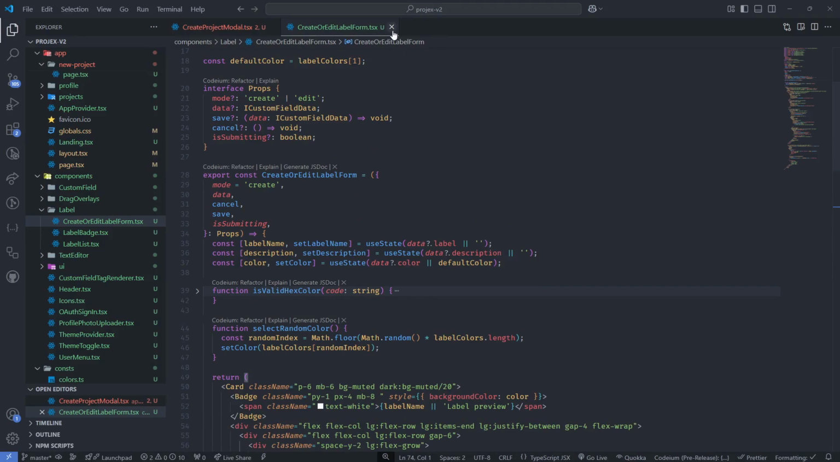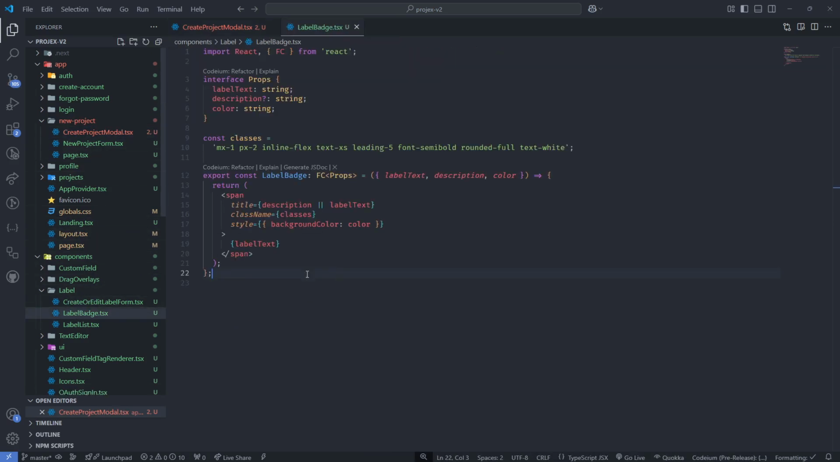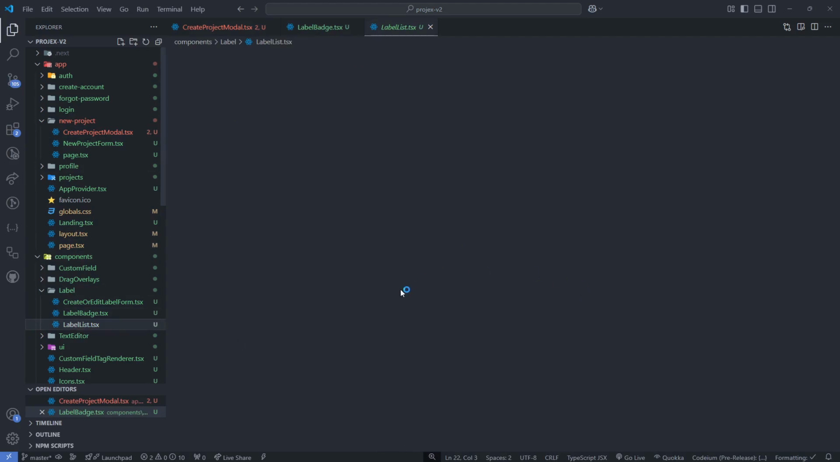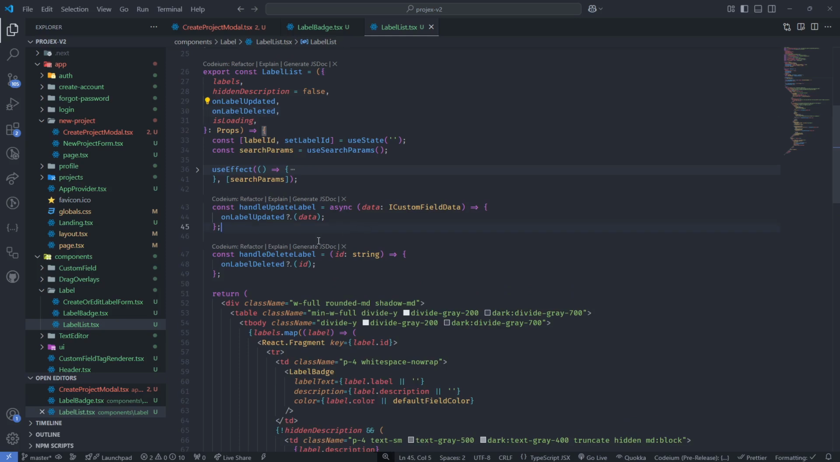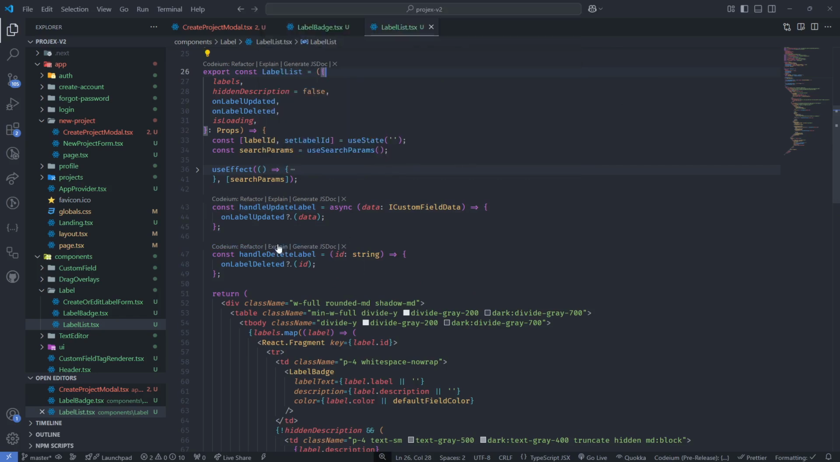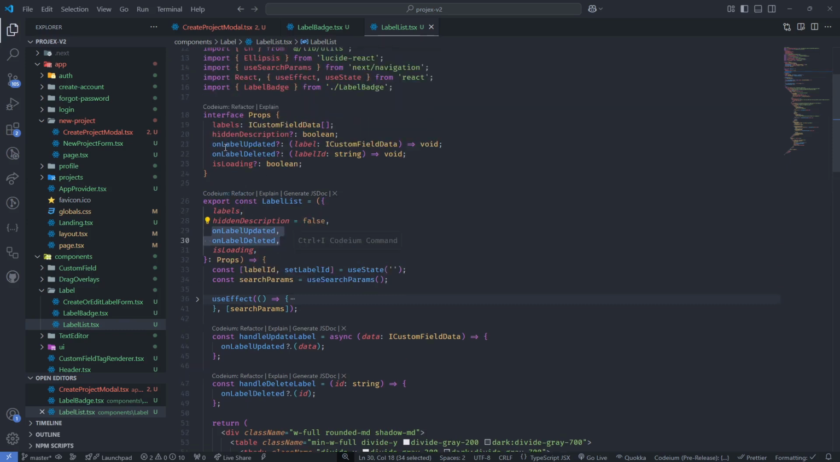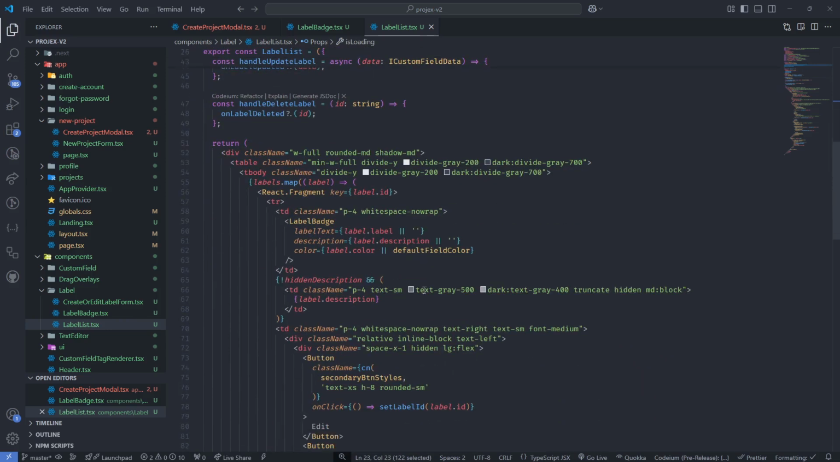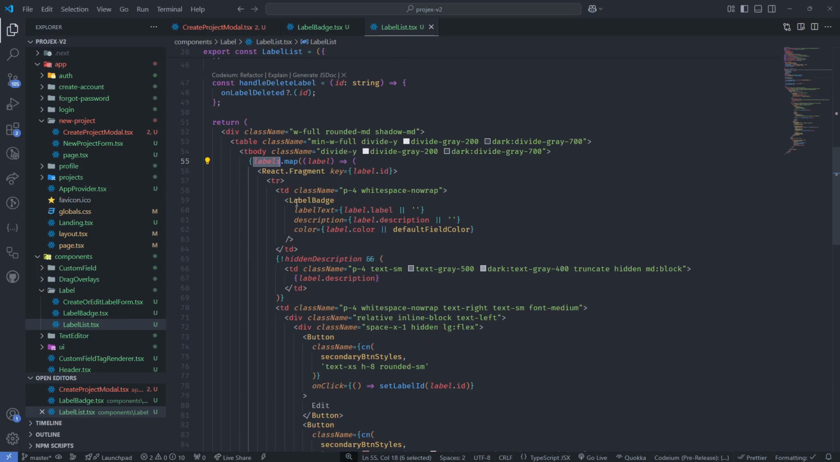Basically, if I open, yeah, the label badge is a very simple component, and the label list has handle update label and delete label. These are just function props, calling the function props that we are passing on that label so that we can handle the actions outside. But here we go through the labels that we pass, and then we render a badge